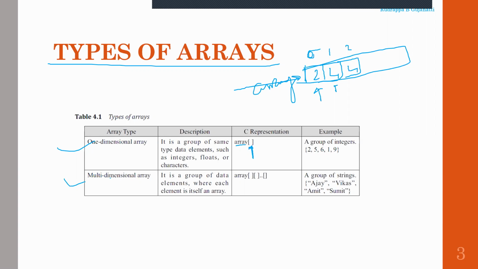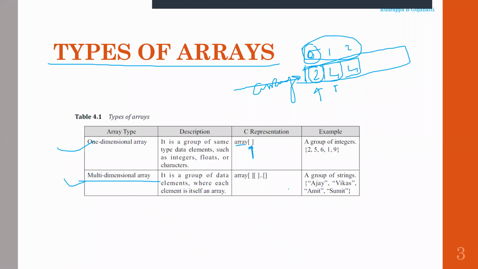Now what about multidimensional? In this case you require more than one index to access an element, depending on what dimensionality it is.